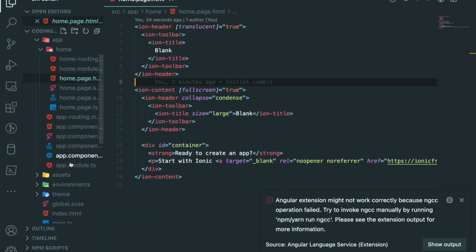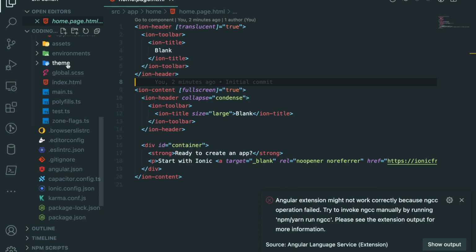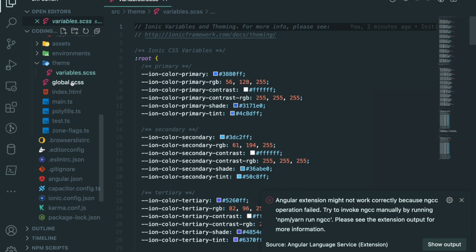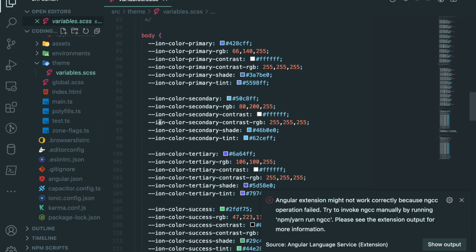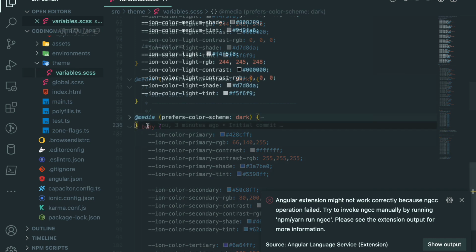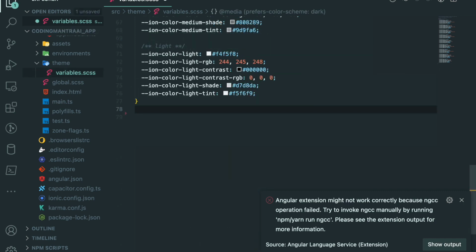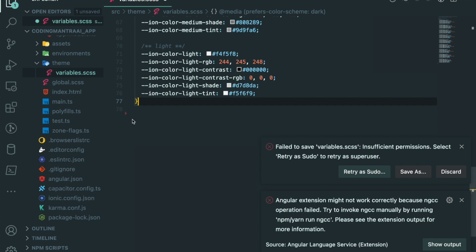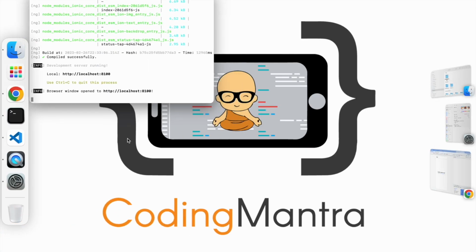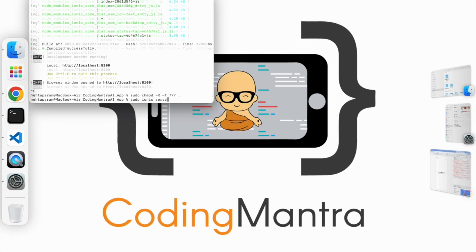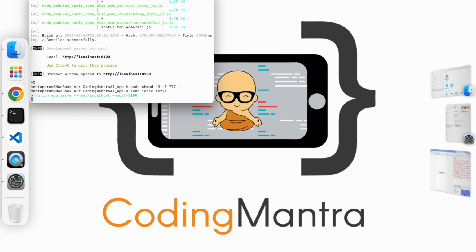If you want to change this behavior and remove the dark mode, you just go to the variables SCSS file, and then you can remove the media query for the dark mode. Now let's run our project again.